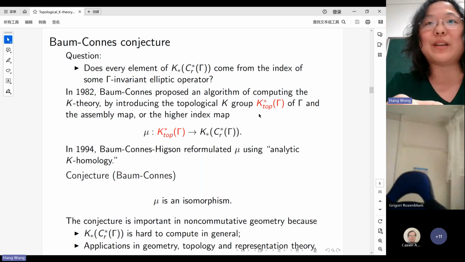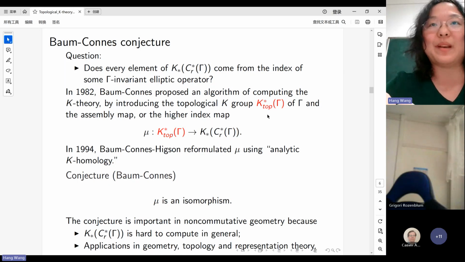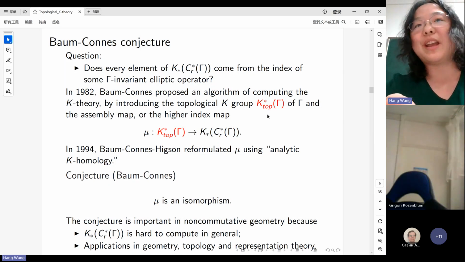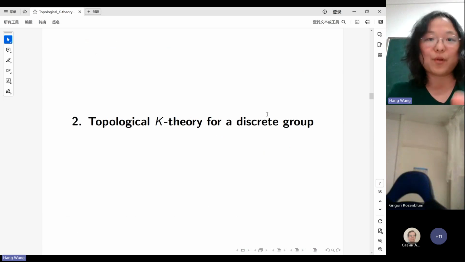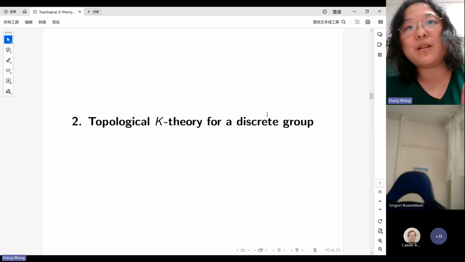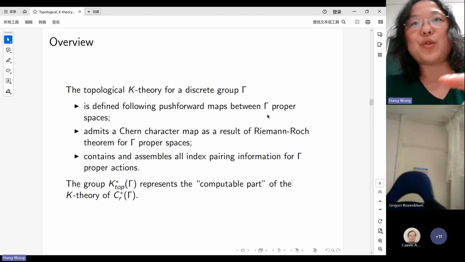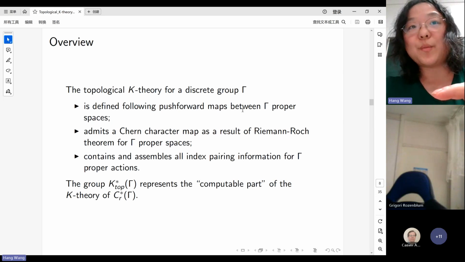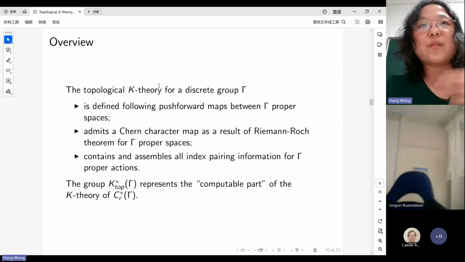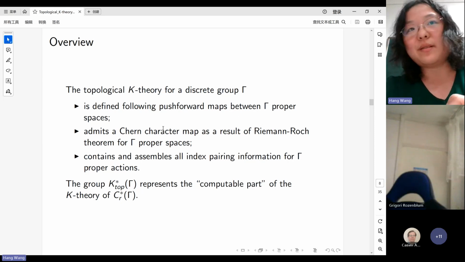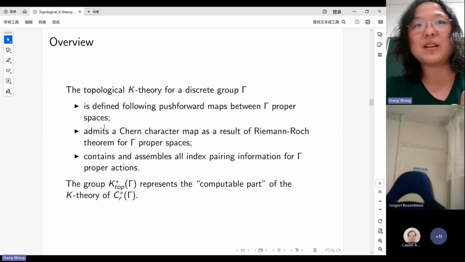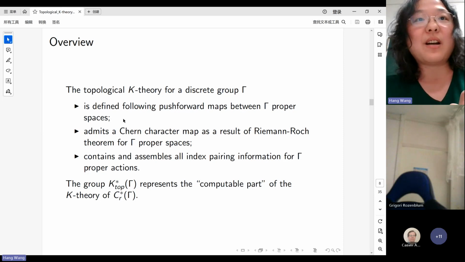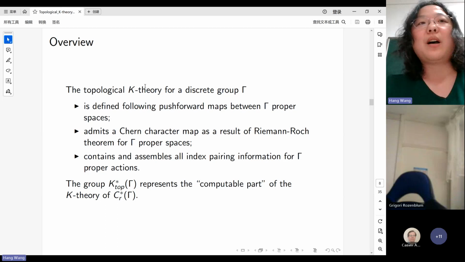And now I'm going to tell you something about the left-hand side of the Baum-Connes assembly map, the so-called topological K-group for gamma. So we now assume gamma to be a discrete group, and the overview of my talk today will contain these three parts. We want to show you how the topological K-theory is defined,